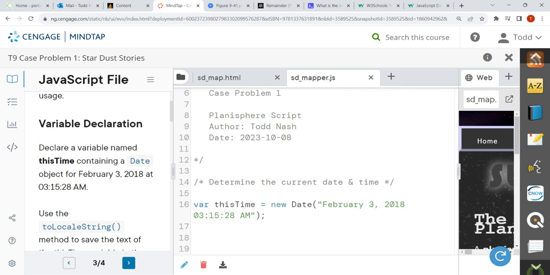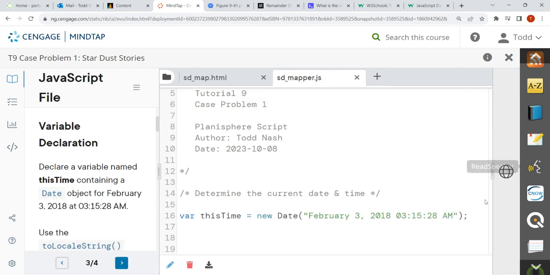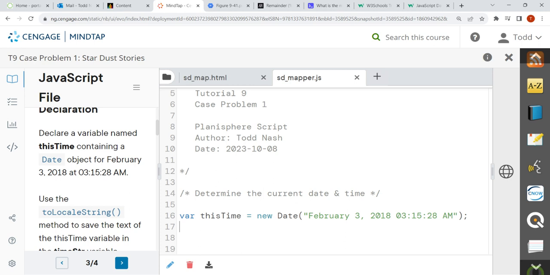So it's going to be the date, and I'm just going to make some room here just so students can see the formatting. So February 3rd, 2018, and the date. So with this date object, you can supply as an argument a time that you specify, or you could leave it empty, which would give you the exact date and time, okay? All right, so that's it for the first variable declaration this time. So we have a new date object and a new instance of the date object,